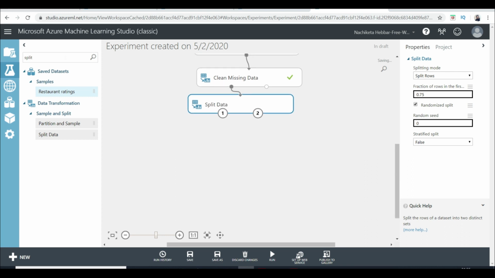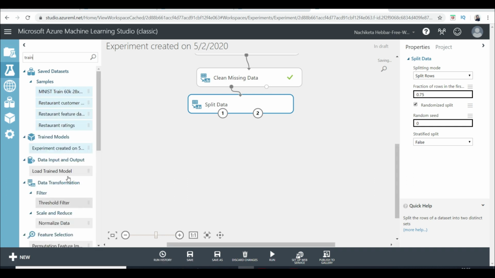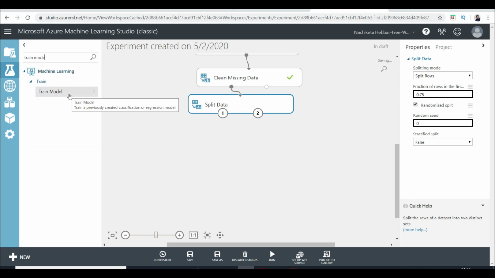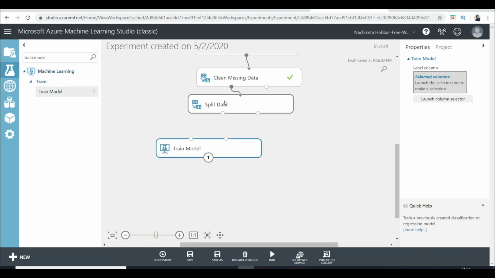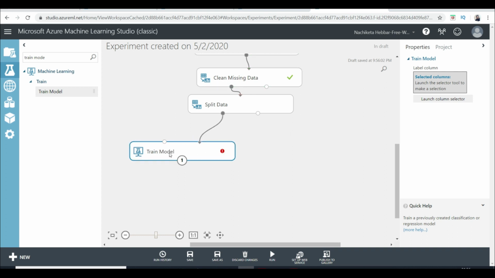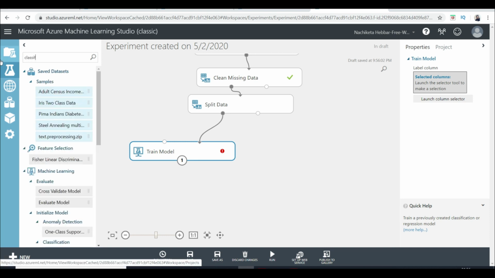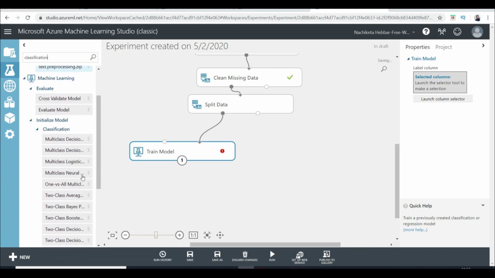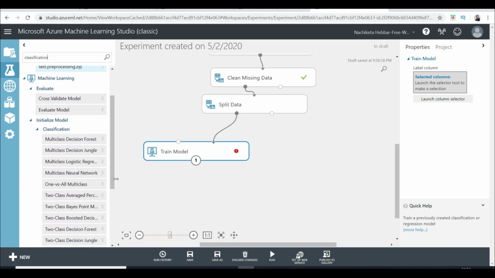So simply search for the option of training a model, and just drag that onto your workspace. The input would be your training section, right? And you have to give the input of which machine learning model you want to use. Since this is a classification problem, right, we're gonna search for a classification algorithm. It's up to you which one you want to use. Experiment with that, see which one's giving you a better accuracy.